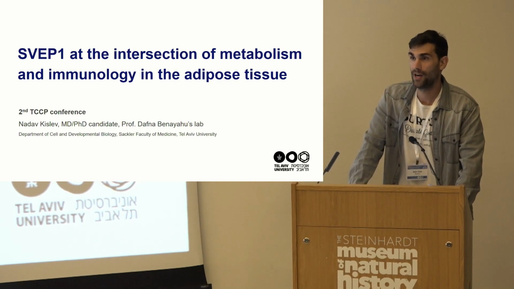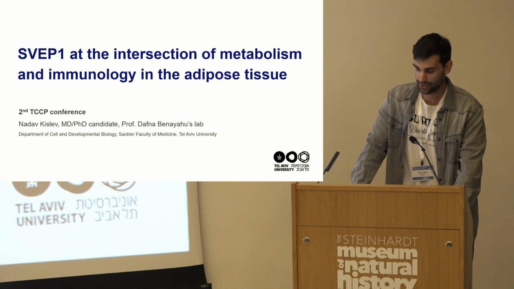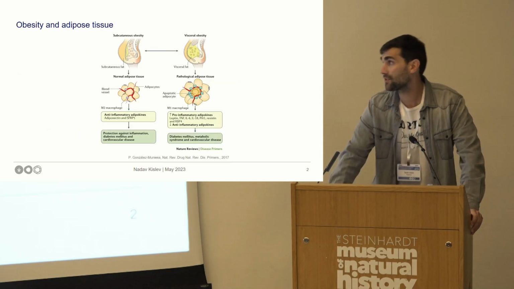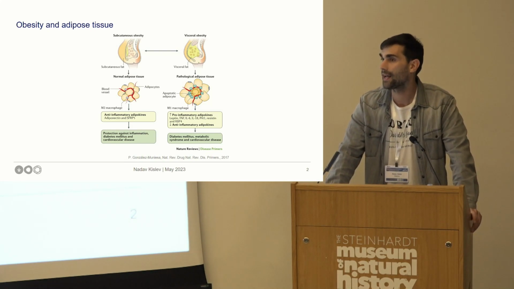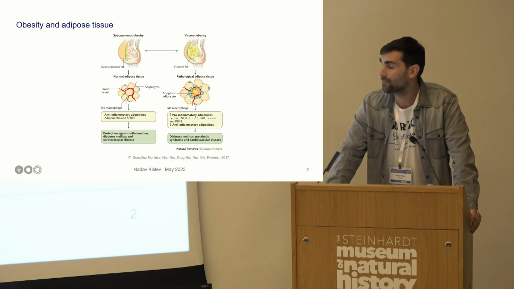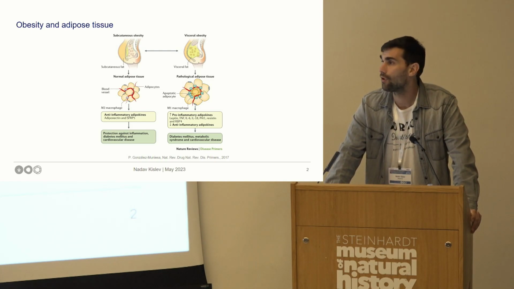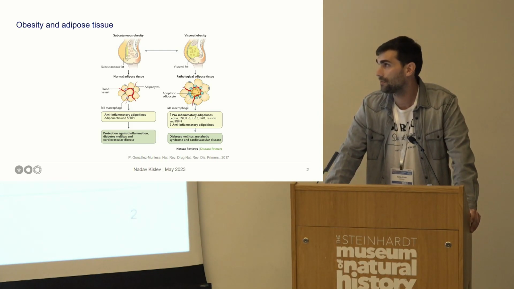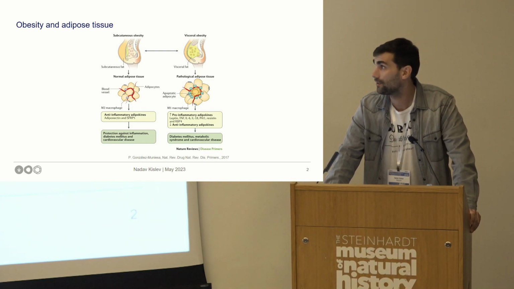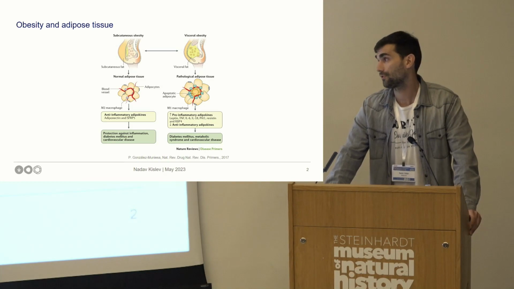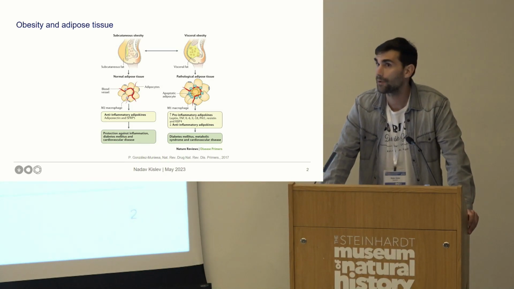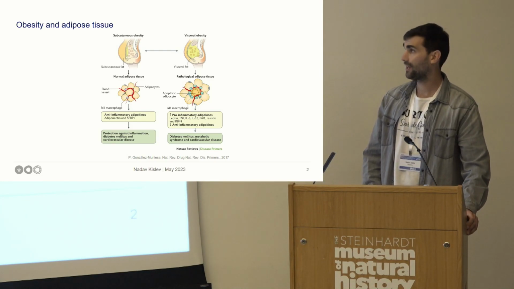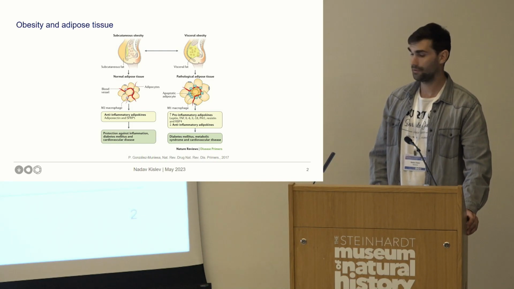Today I'm going to talk about SVEP1, its role and therapeutic potential in adipose tissue. So we'll focus on obesity in adipose tissue. Obesity is considered by many as a 21st century epidemic. It is characterized by disproportionate body weight for height with excessive accumulation of adipose tissue that is usually accompanied by chronic, systemic, mild inflammation. Now, obesity was previously shown to play a role in the development of other pathological conditions, of course, such as diabetes type 2, cardiovascular diseases, several types of cancer, and some other severe pathological conditions.